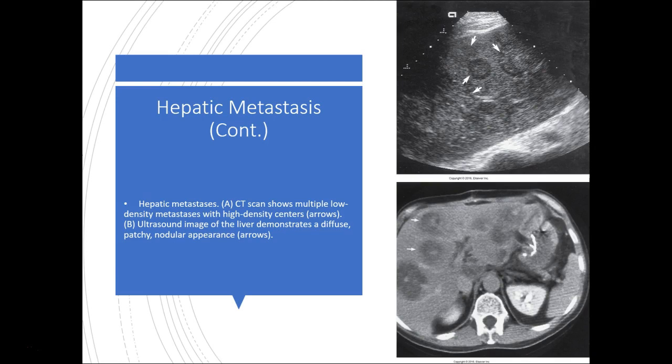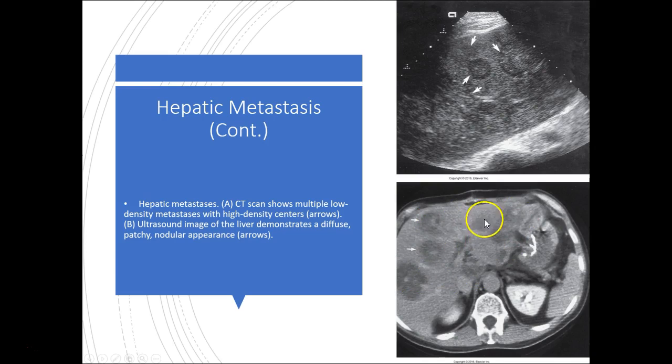So looking here on hepatic metastasis, this is what it looks like on CT. So we'll see blotchy forms of tumors. So this is very, very common when we're looking at metastasis of cancer. So it goes to the liver, and this is the primary of what it looks like. And as you saw on the primary hepatocellular carcinoma, it was just one big mass, one big ugly mass. Whereas these guys, you can see